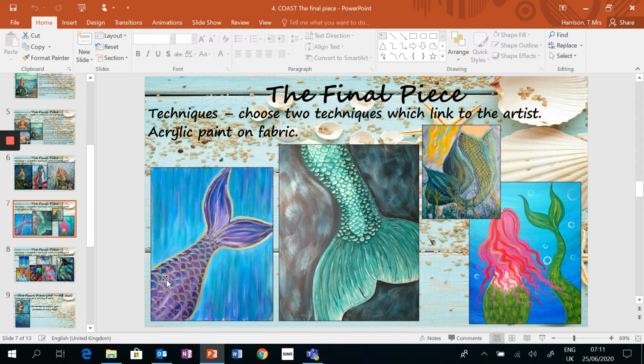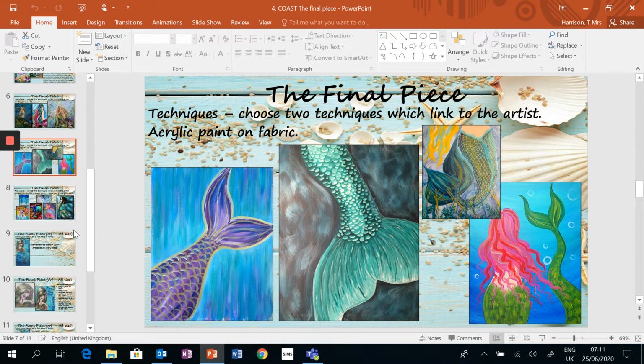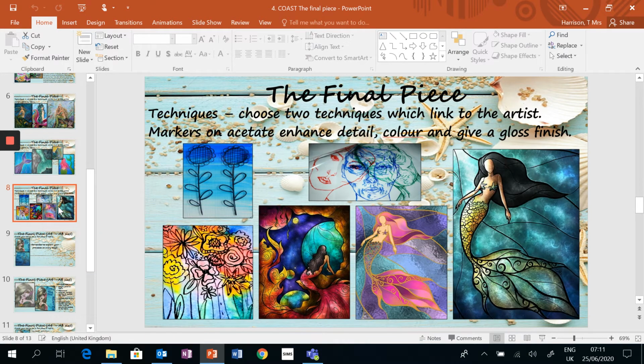artist. So copy their style, but make it your own. So what I look at is we are asked to combine more, to use more than one technique, to combine at least two techniques together. And what we saw from the artists, there were some areas of great detail. And what I thought I'd try and achieve